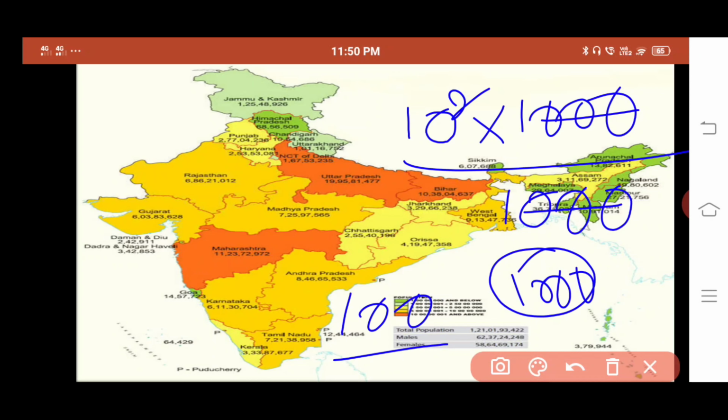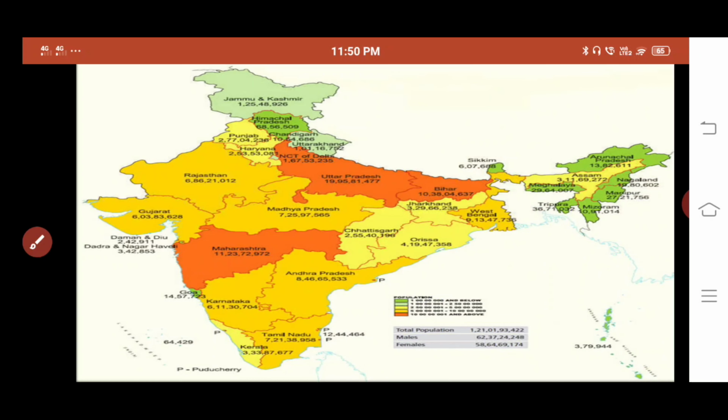So first of all, we have to estimate the population, that means people living in that area. After that, measurement of that total area. So population density is equal to estimated people living in that area divided by total area. By cancellation of this, you will get the population density rate of that particular land. Understood, my dear? So in our textbook also they have given a table that gives the population density of different states.